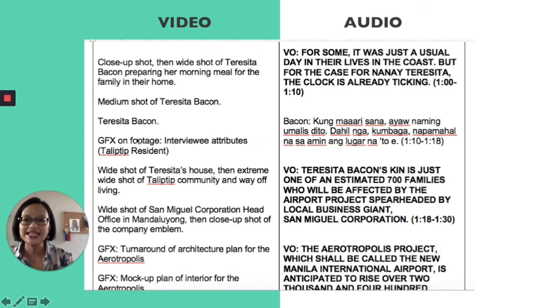In that last part, maybe the last 3 or 4 seconds, graphics appear labeling her as a Taliptip resident. Okay? Not bad, because then you know that the image moves still. So, within that 8 seconds that Ate Teresita is on the screen, there is movement on the screen because she will be labeled Taliptip resident. Right? So, there will be movement in terms of graphics, and that's a good thing. Okay? And then it moves to another